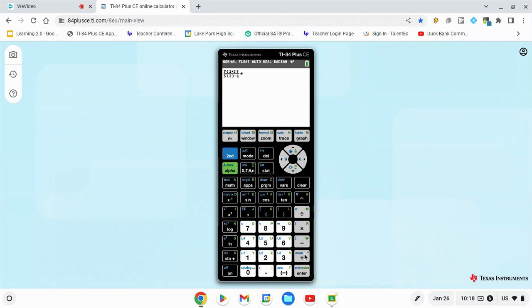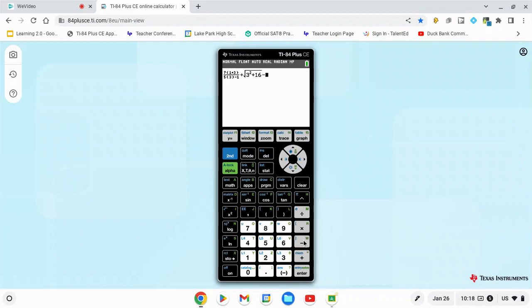Hit the right-hand arrow to get completely out of the fraction, and then we're going to put our plus sign. To get a square root next, we're going to hit second, and then the x squared button. And then 3 to the second power, I can just do 3 and then the x squared button, or I could do the caret button. It doesn't matter which way you want to do it. So 3 squared and then plus 16. Now I need to get out of the square root, so hit the right-hand arrow and then minus,